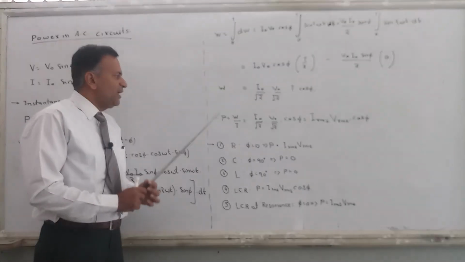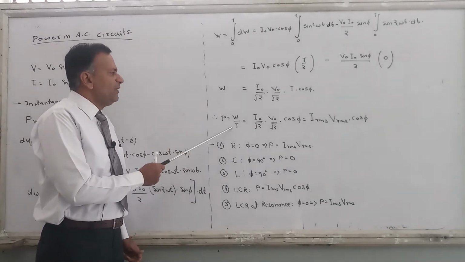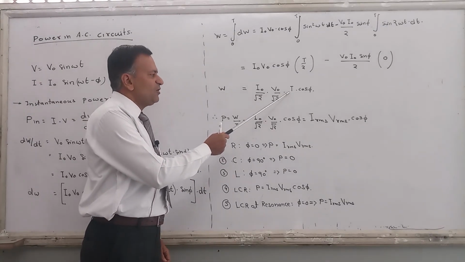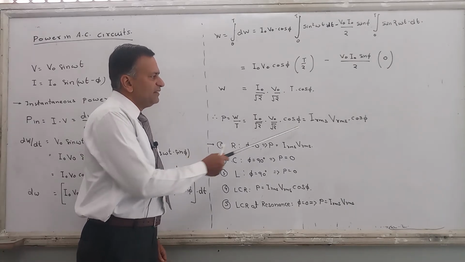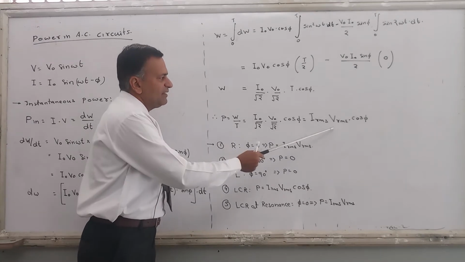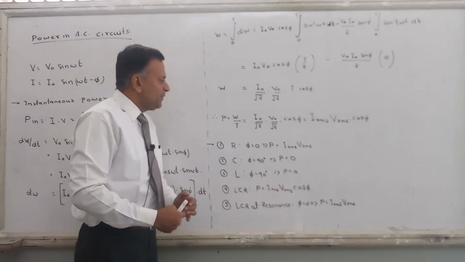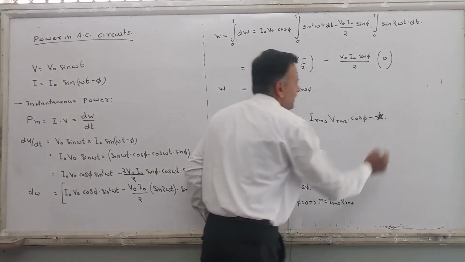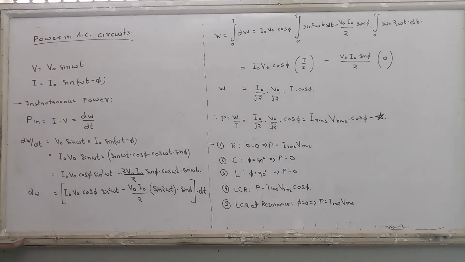Now finding the power. Power is equal to work done over time taken. So whatever expression of work done has come, I am going to divide it by time. So when I divide this by time, what happens? This t will cancel out, and what remains? I0 by root 2, V0 by root 2 into cos phi. What is this? This is the RMS value of current. What is this? This is the RMS value of voltage, and cos phi is as it is. Okay, so now you have the equation. This is the final equation for power in AC circuits, right? This is the expression for power in AC circuits.